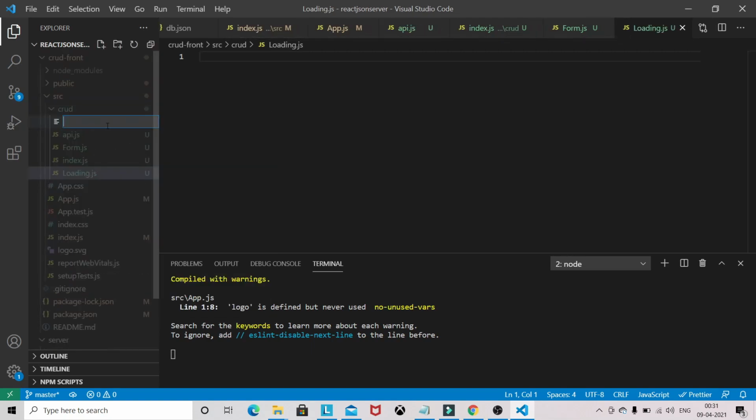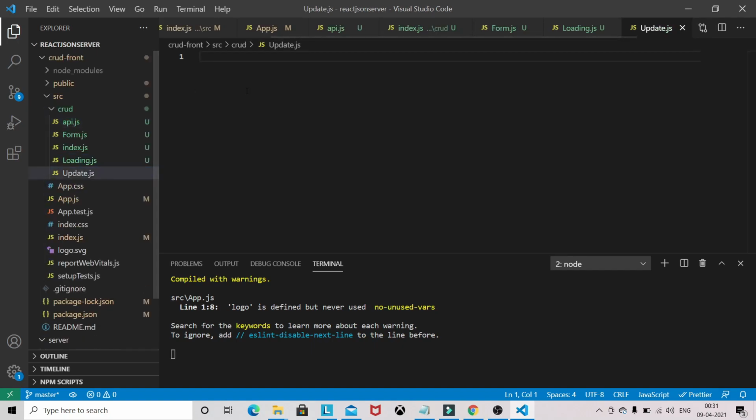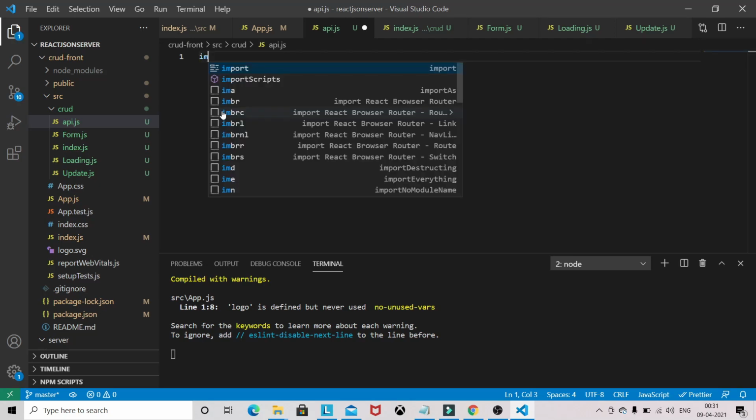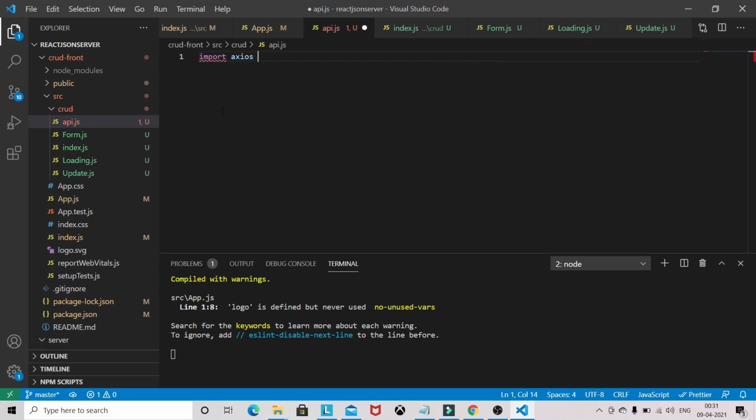And we will have one more file, update, to update the data basically. So one by one we will be implementing the functionality. The first route is to get all the names.